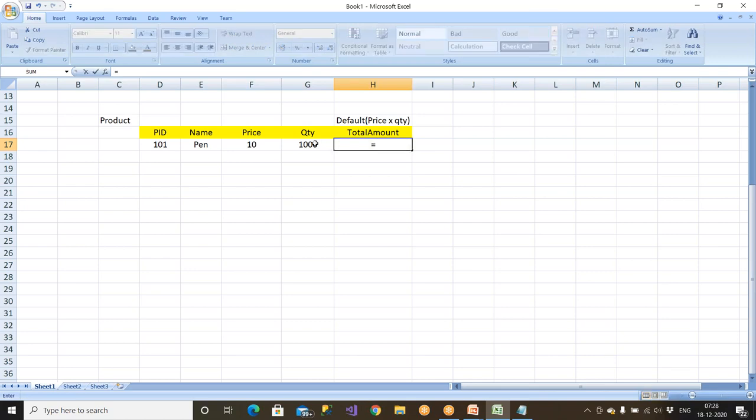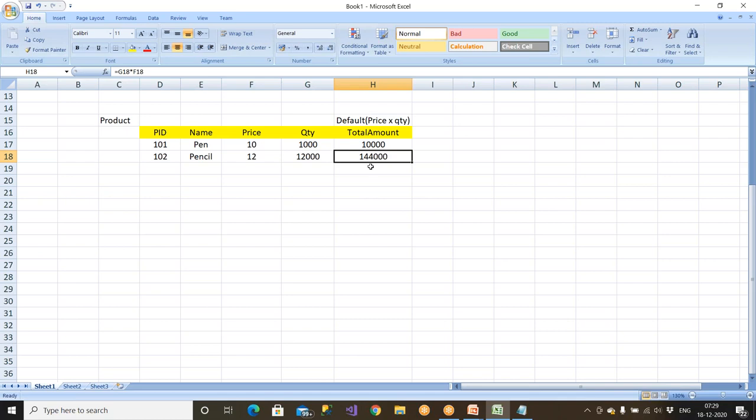I'm writing some formula here, so this into this will happen automatically because of this formula. Say 102, pencil 12 bucks, and I need this much. Because of this formula, automatically the data will get inserted there.